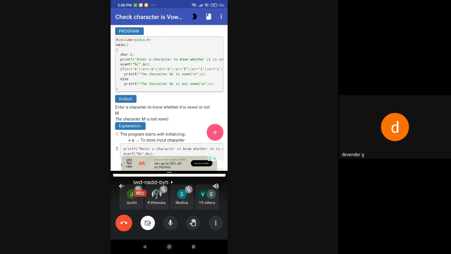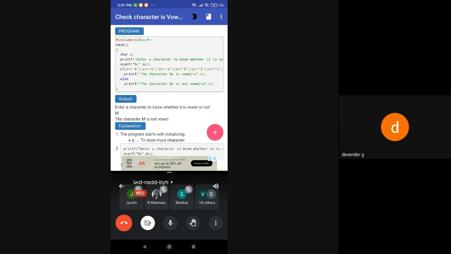Then whatever character you are entering, whether it is lowercase or uppercase, if it is A, E, I, O, U, any alphabet that is equal to A, E, I, O, U capital letters, or a, e, i, o, u small letters. For that you can see these many conditions are there.